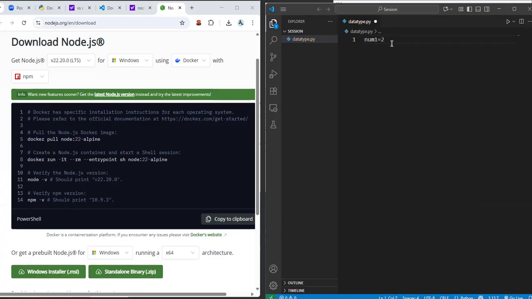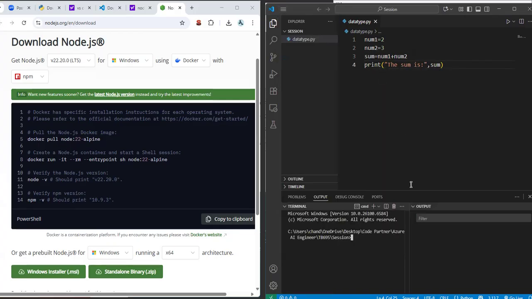On here we have no semicolon like C sharp. After that, num2 is equal to 3. Then sum is num1 plus num2, and print. Save, and go to the terminal. Open the terminal, and you can run on here